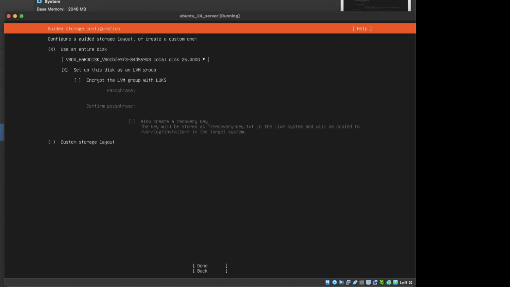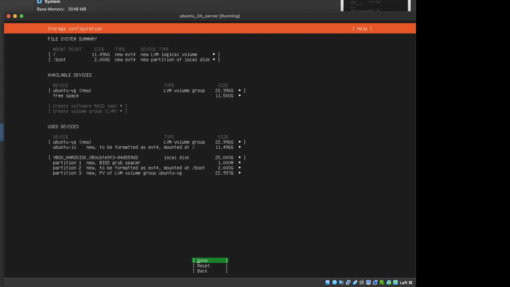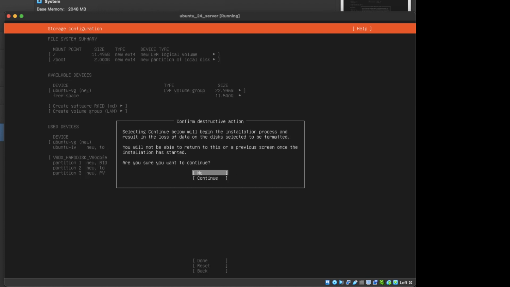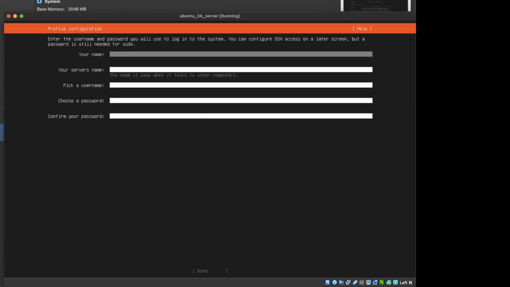We don't need to connect through a proxy. For my LVM, we can go through and choose to use the whole disk as an LVM group. It shows me the layout, so I can choose done on this for the partitioning, and then I have to explicitly choose continue. I'm going to set up Vagrant as my full name.